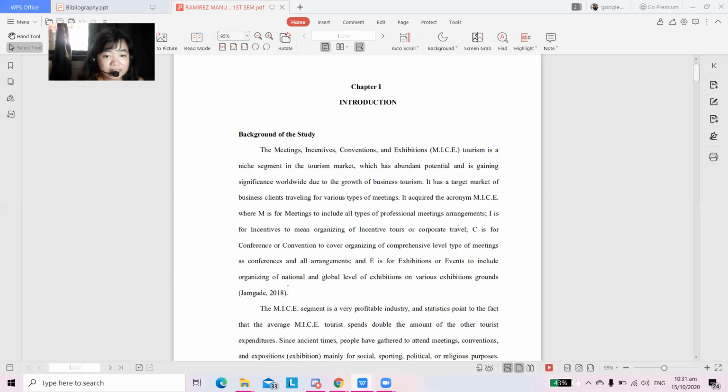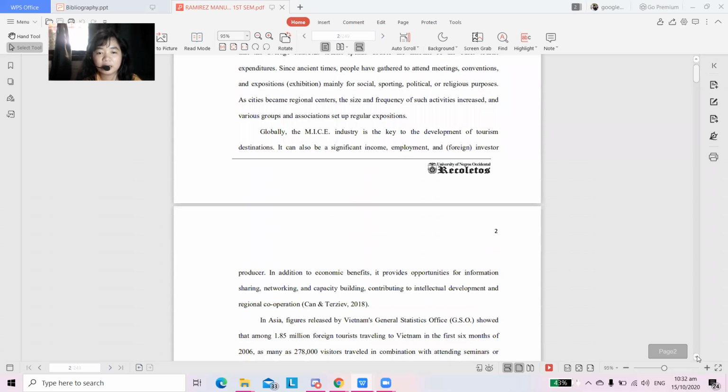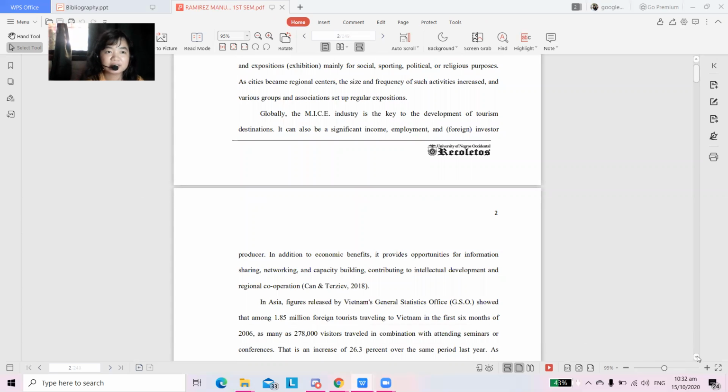Ang citation gani class in text na siya nga referencing or in text na siya nga pag-cite sa source. So meaning makabalo na si pagbasa ani ni reader or ni panel, kani nga paragraph dili ni siya from the own words of the researcher. This is from other researchers. Like for example, when I provided a global perception on MICE tourism, I got some ideas from the researchers Khan and Terziev. So, nagbutang kog citation at the end of the paragraph nga Khan and Terziev, which is the last name of the two authors of ani nga research paper, and then the year published.